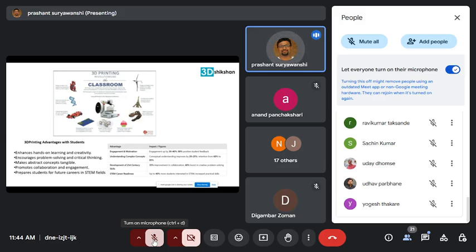And there will be a lot more entrepreneurs than job seekers. And it is proven, actually. The stats I'm showing here are from one research paper only. It is proven that engagement is up by 30-40%, and there is 80% positive student feedback.